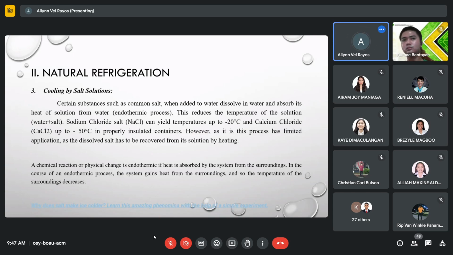So, mas matagal siyang magpupunta sa zero. So, talaga, since wala tayong direct input, hindi naman lalagay tayo ng ice, talagang darating din naman yung matutunaw yung salt solution. Pero, mapapatagal niya yung cooling effect. So, isa din yun dun sa idea na ginamit sa mga artificial refrigeration. Na, syempre, depende din sa function kung hanggang gaano kababa yung temperature na kailangan ng substance or sa application.